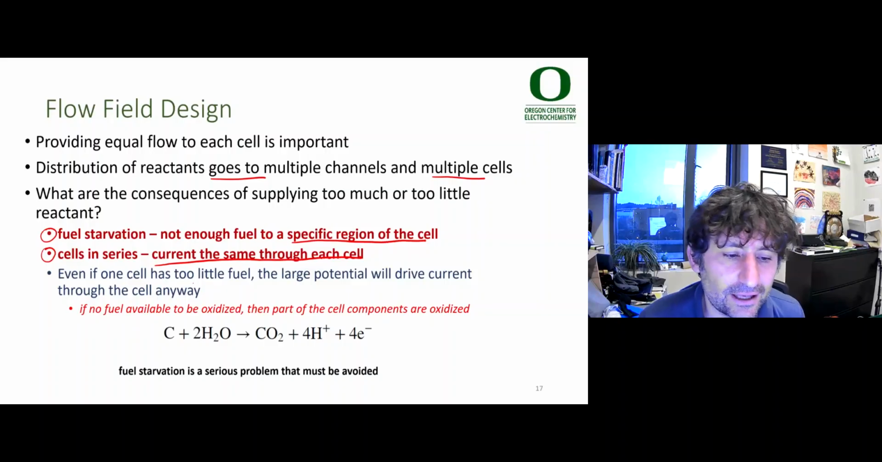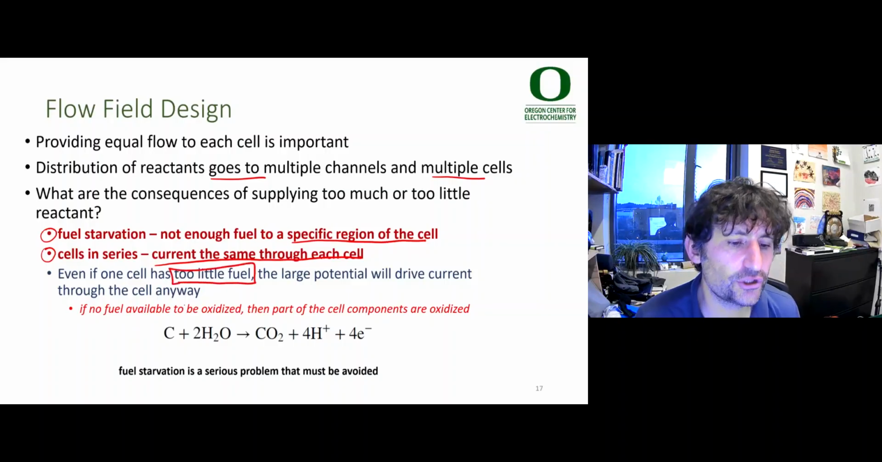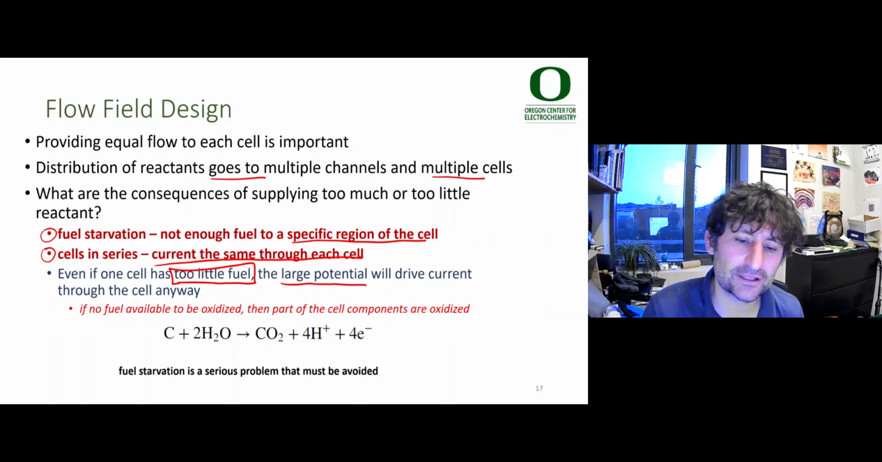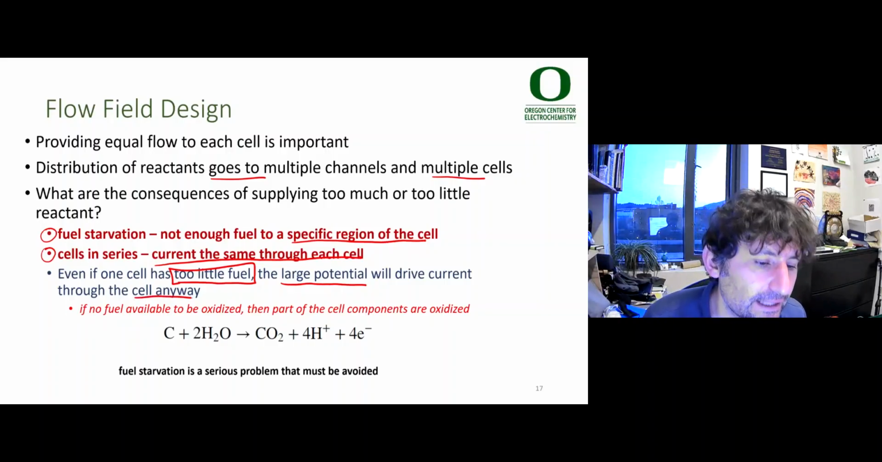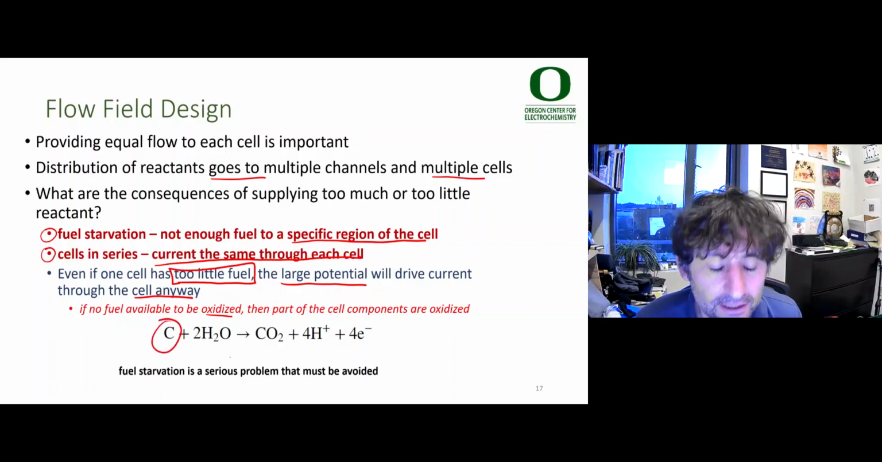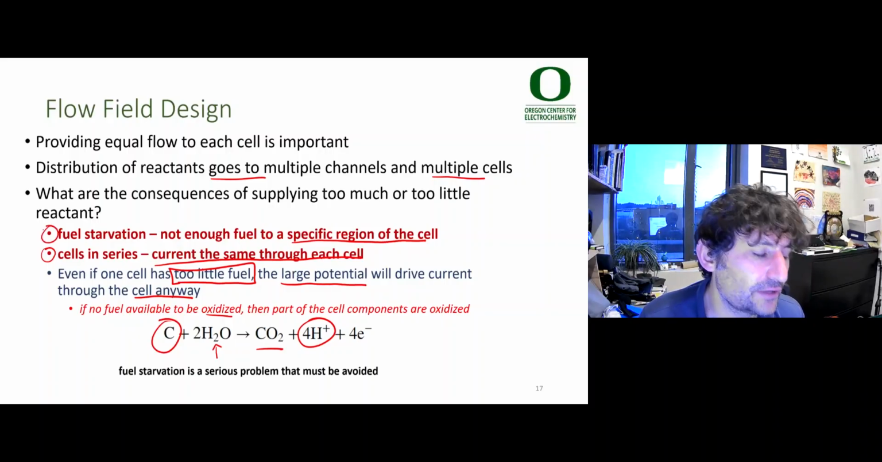So even if one cell has too little fuel and it's pushed into the mass transport limited regime for that cell, there is a large potential that's available through the stack to drive the current through the cell anyways. And if there is no fuel available to be oxidized, guess what? You're just going to oxidize any components of the cells that you're able to oxidize. For example, the carbon flow field or the carbon gas diffusion electrode can be oxidized to form CO2 and protons. This can lead to degradation of the cell,